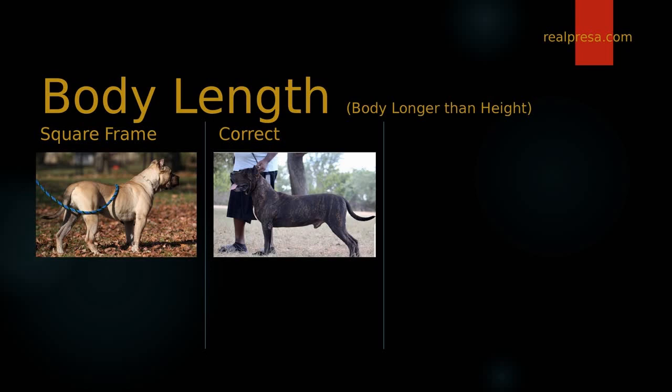But you can see the fawn dog on the right, who is also to the side. His body is fine as far as length, but since he's turned to the side, he looks more boxy. Again, I wanted to use my own dogs rather than try to find somebody else's dogs. But he's pretty square. You see how it's a square-looking frame versus the longer body. That's pretty self-explanatory. The dog is supposed to be long, especially females. Females should always be longer-bodied